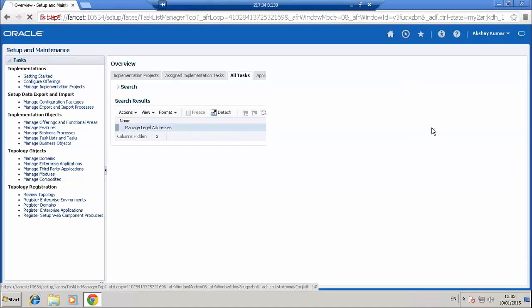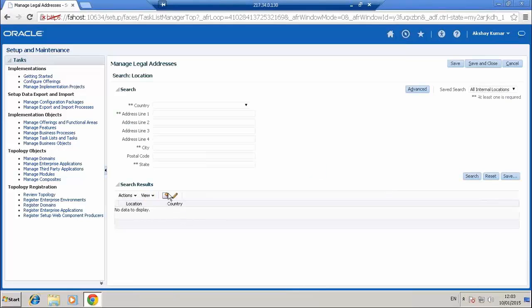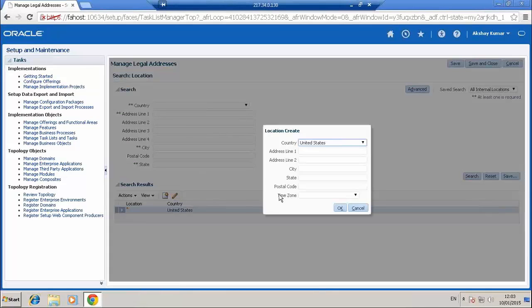These are nothing but the legal addresses of the legal entities. So this is just simple. If you create, there's only one thing. You just capture the address of your particular office or the legal entity and mention the details.